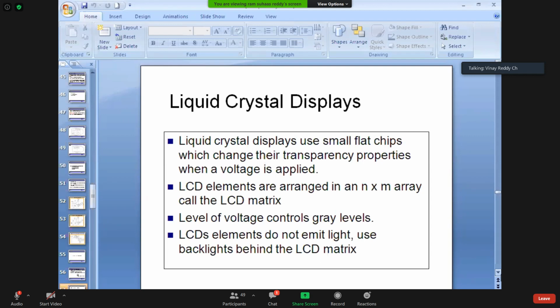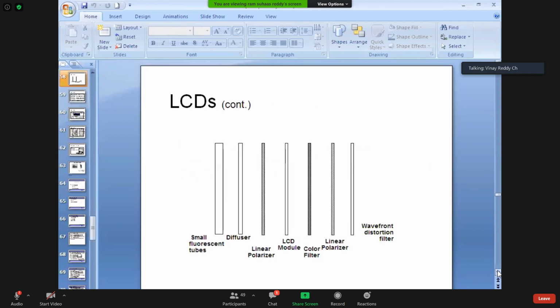The level of voltage controls gray levels, and this is the technology in this. Normally, these are the different types of elements used to create this LCD. This is nothing but some filters.